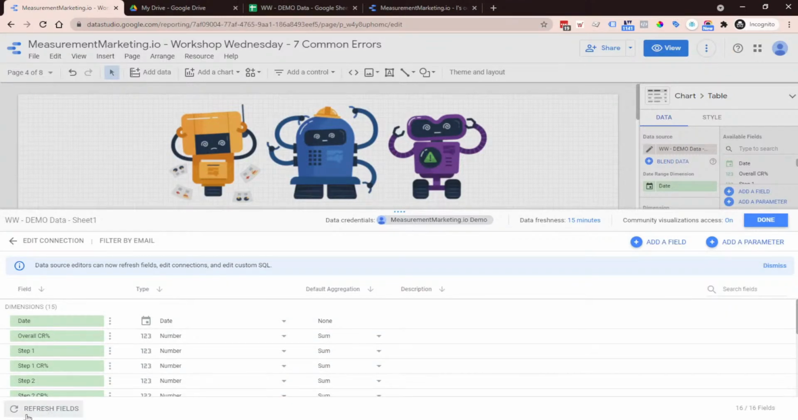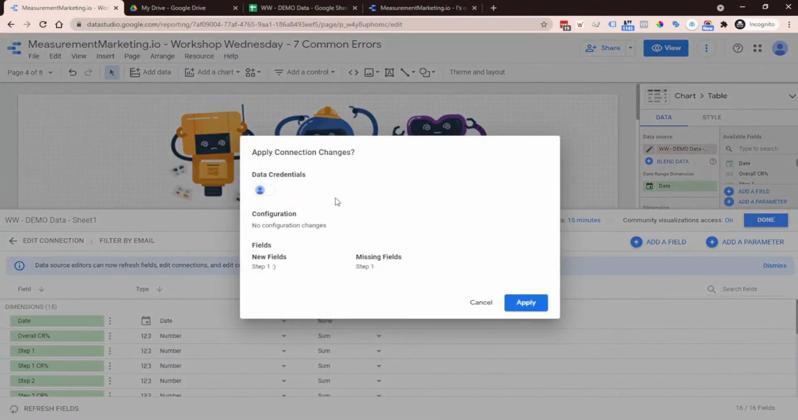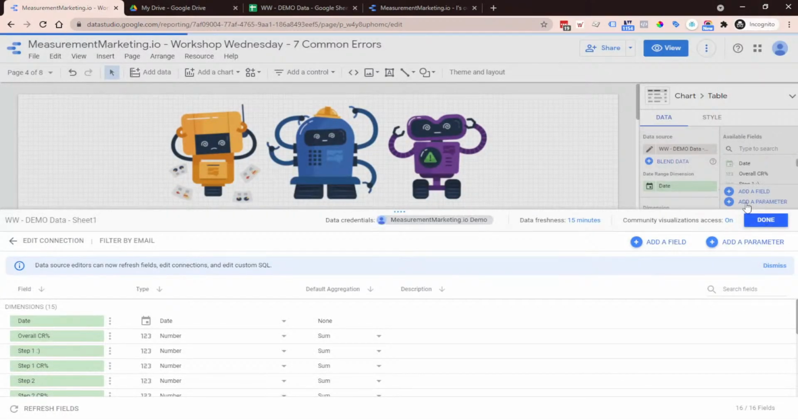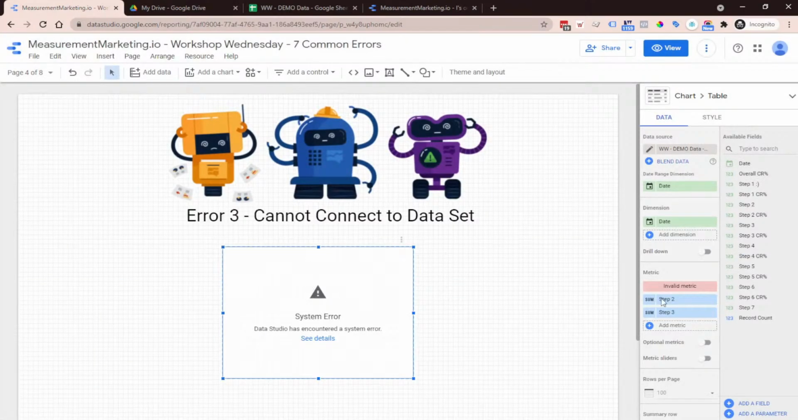But here, refresh the fields is to update any changes we made in the columns or the headers or anything like that. So that's the field. So think of the dimensions and the metrics and stuff. Refreshing the data is the actual data in there. So now it's telling us we have a new field and it's a missing field. So don't get caught up in it's like, hey, it's missing, it's new. Just apply,